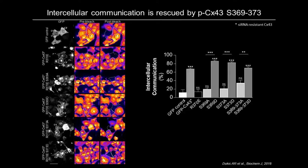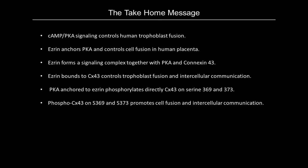So the take-home messages: the cyclic AMP PKA signaling controls human trophoblast fusion. Ezrin anchors PKA and controls cell fusion in human placenta. Ezrin forms a signaling complex together with PKA and Connexin-43. And Ezrin bound to Connexin-43 controls trophoblast fusion and intercellular communication. PKA anchored to Ezrin directly phosphorylates Connexin-43 on serine 369 and 373, and these phosphorylation sites promote cell fusion and